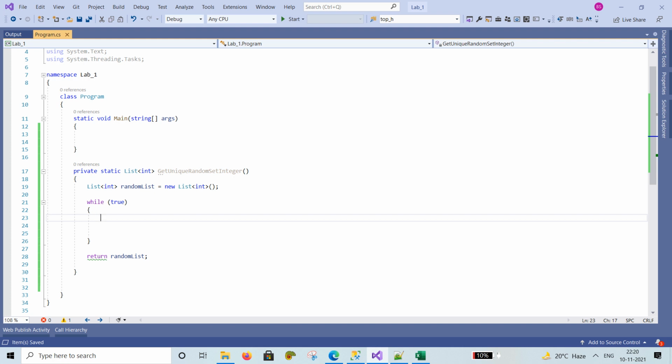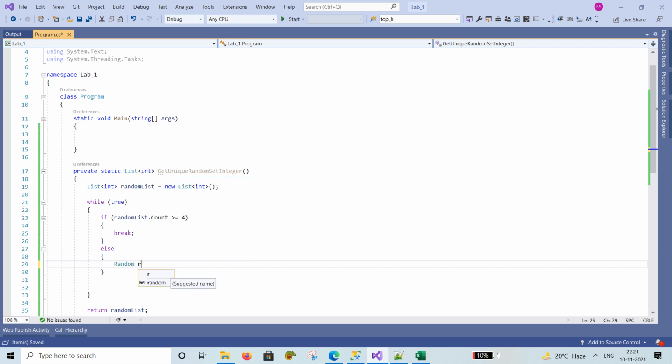We check here random list dot count is greater than 4, because we want only four integers in the list. Then break here and come out of this loop, and else we add these numbers.